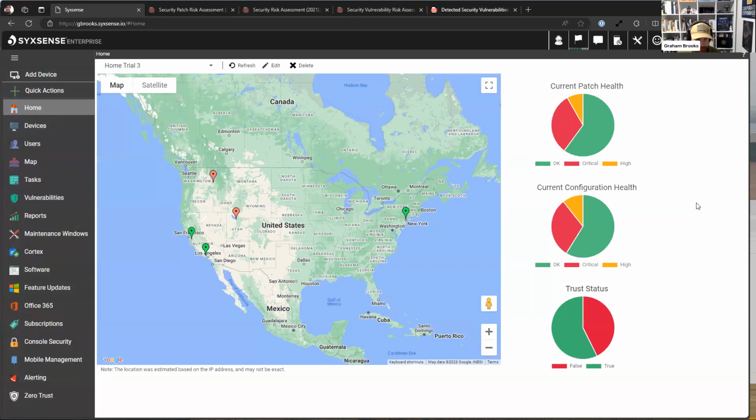So there's lots of ports open on the perimeter. They have bad password protection on their domain controllers. Usually, an organization that fails in one area is likely going to be failing in a number of different aspects of their security practice. Syxsense helps customers and partners deal with that problem because we're not just a tool that